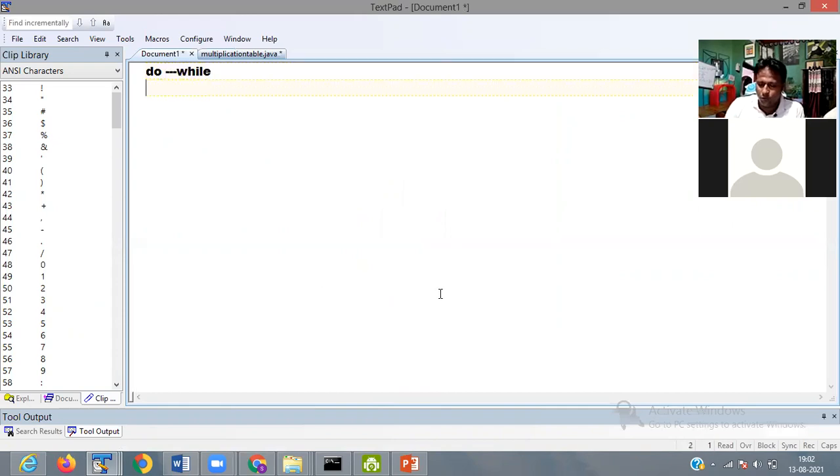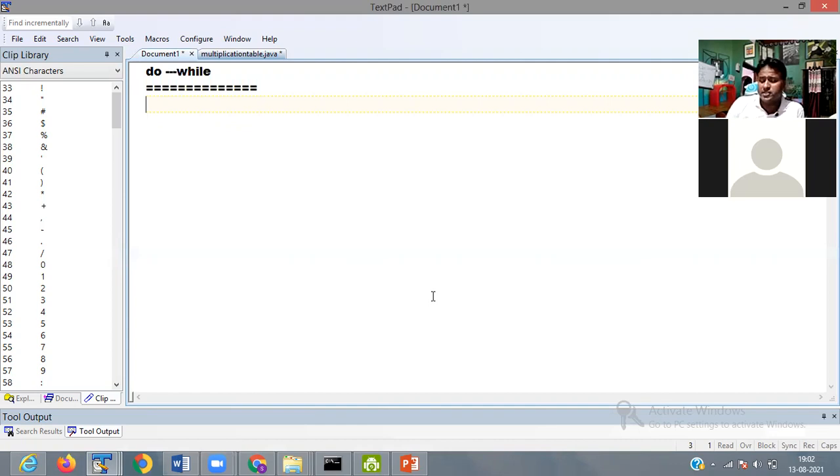In the do while loop, first it shows the statement, then the condition will be checked. First it will display the statement.